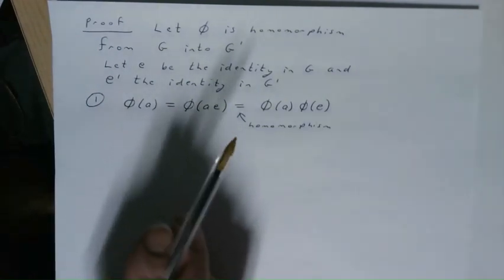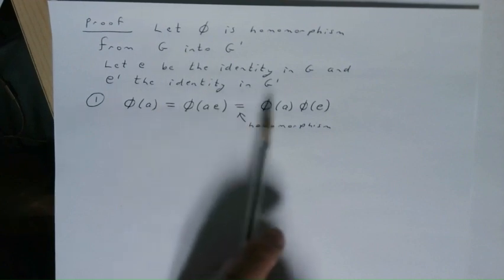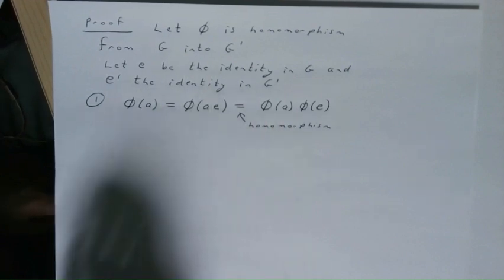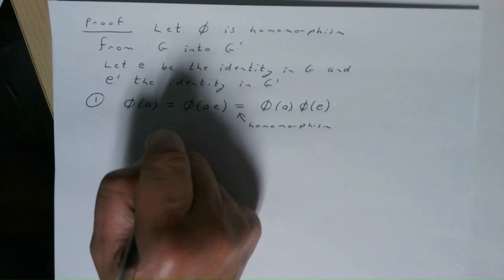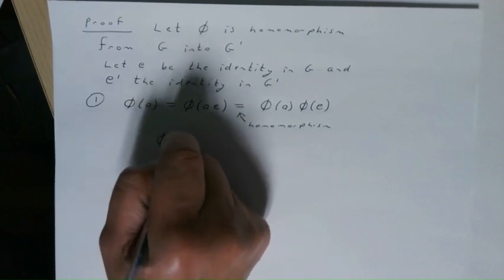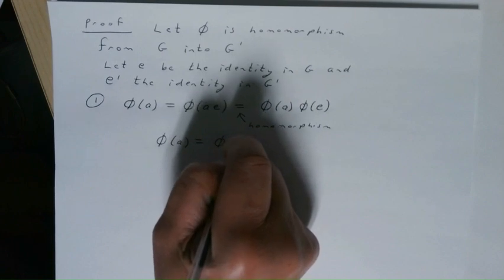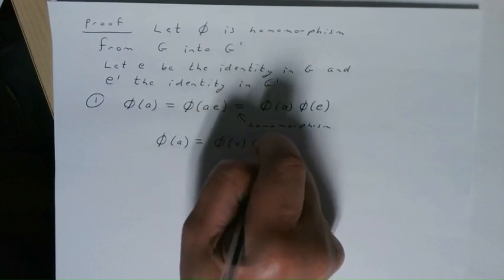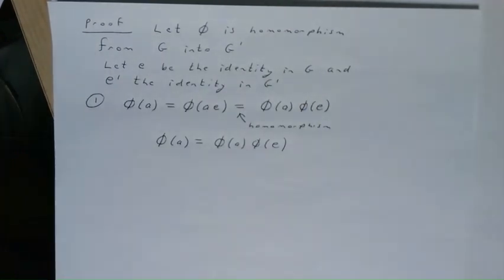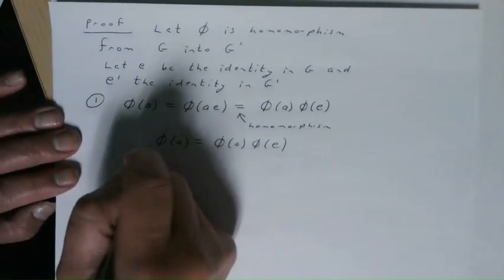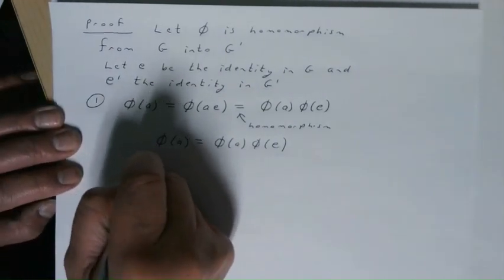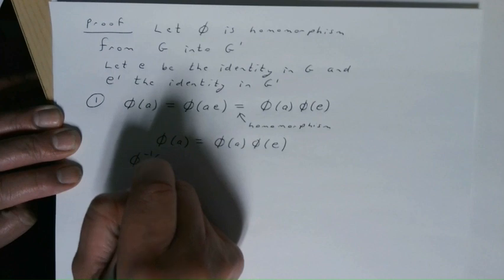So now we have this equal to this. So let me just write that down. Phi of A equals phi of A, phi of E. Now, if we multiply both sides by the inverse, phi inverse A,